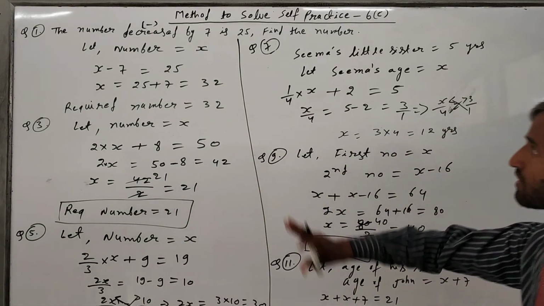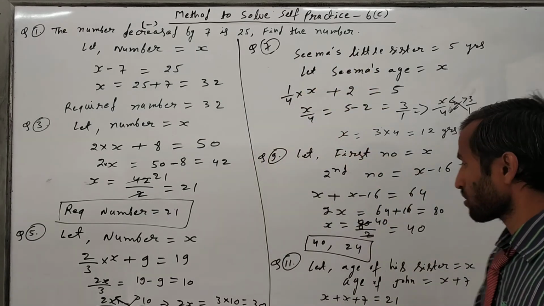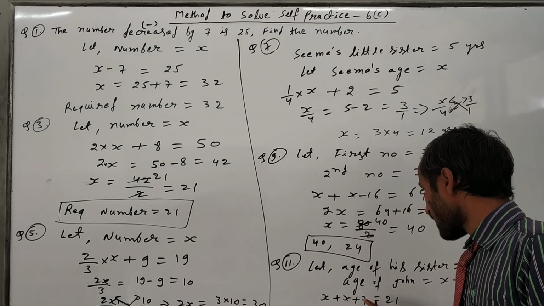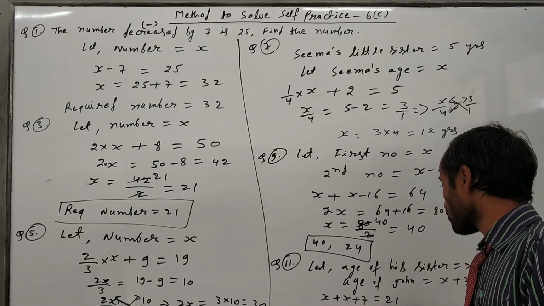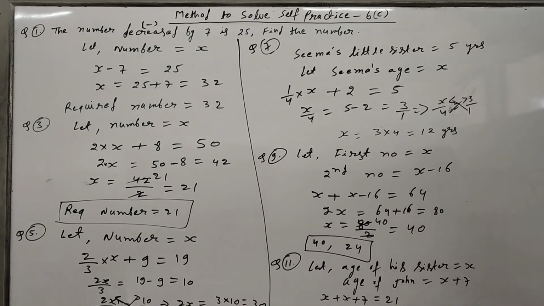The solution part is nothing different. We have to solve it just like we did in the previous question or previous exercise. So x plus x, 2x, will come. Now transpose this 7 to that side, then it will be 21 minus 7, which is 14. Now 2 is multiplying here, so it goes to the other side as division. So final x is equal to 14 upon 2, we cancel out, and 7 will come.